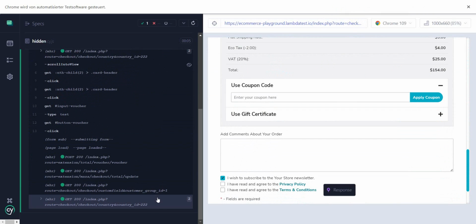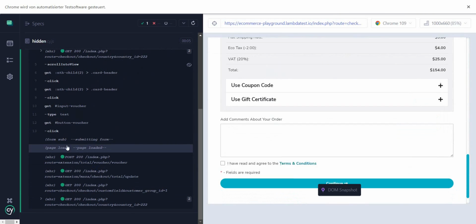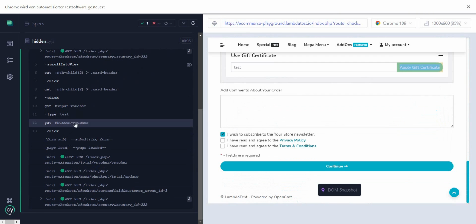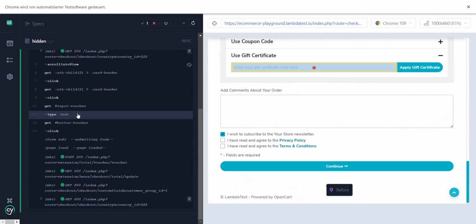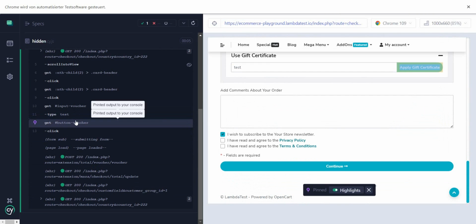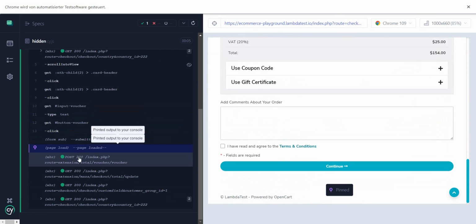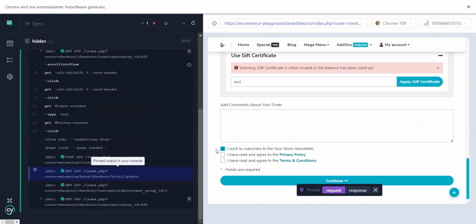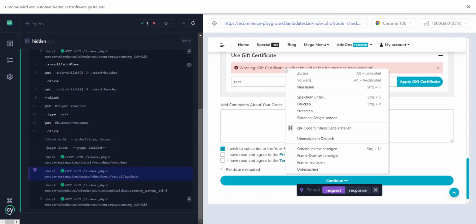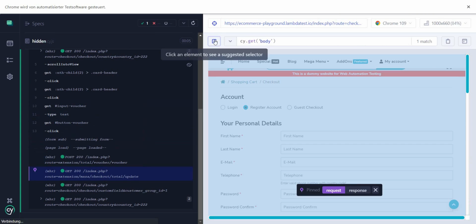And if we go on the left side here, where we have our spec file and where we have our commands, we see that we made a click. So here we entered the test, we made the click, and then if we go one step, another step, and we stop here, we can see that we have the error right here,